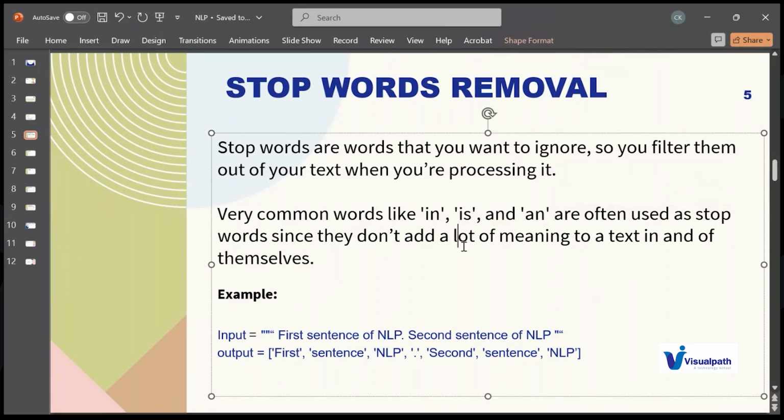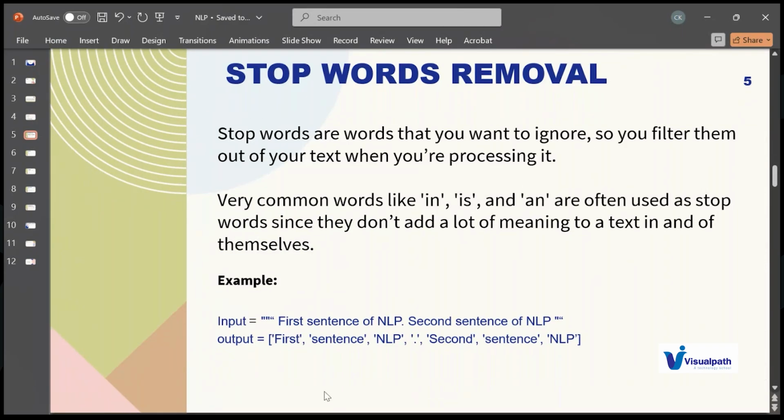So according to our machine learning models, these words like in, is, and then we have other words like of, at, with. So these are repetitive words. These words don't hold any meaning according to the machine learning models. So that is the reason why we have the concept of stop words removal. The words which are repetitive in nature are called stop words. These stop words are not that beneficial to the machine learning models. So we have to remove these stop words.